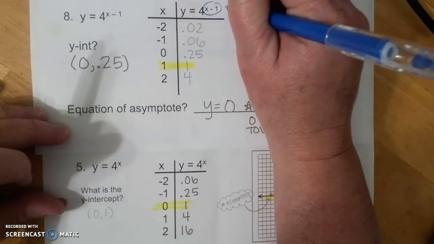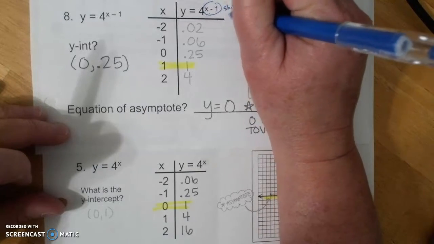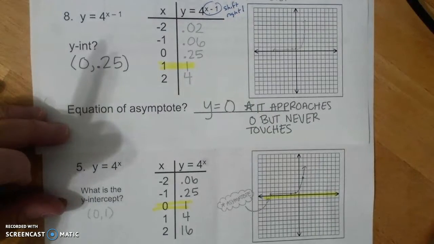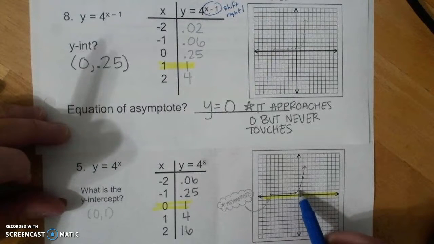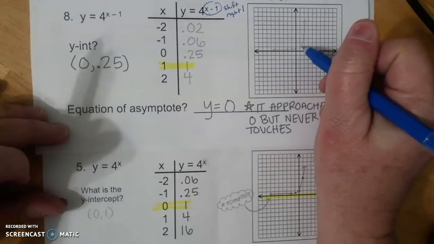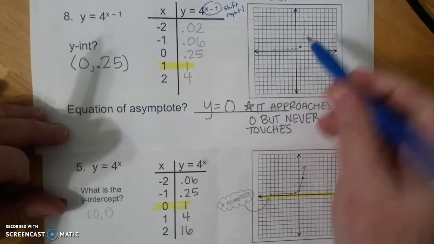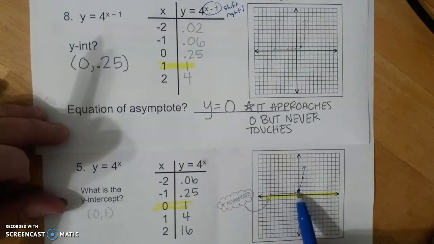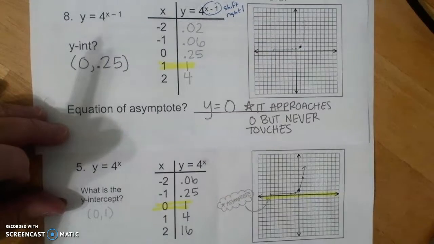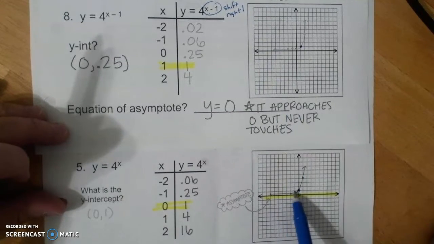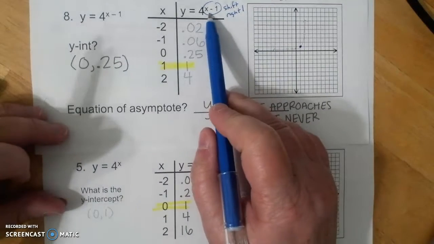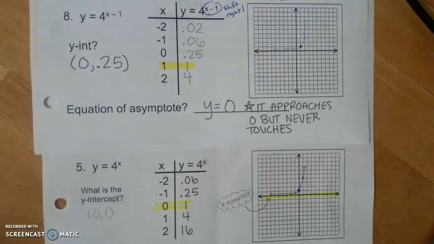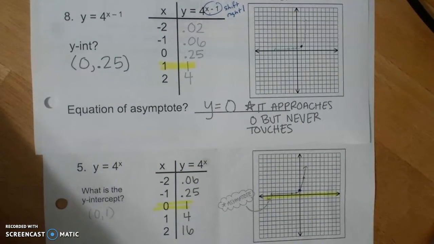And this is a shift right 1. So my y-intercept actually scooted over to right there. This point, 0, 1 becomes 1, 1. And that means every point on this graph got shifted over 1 to the right. And I found a